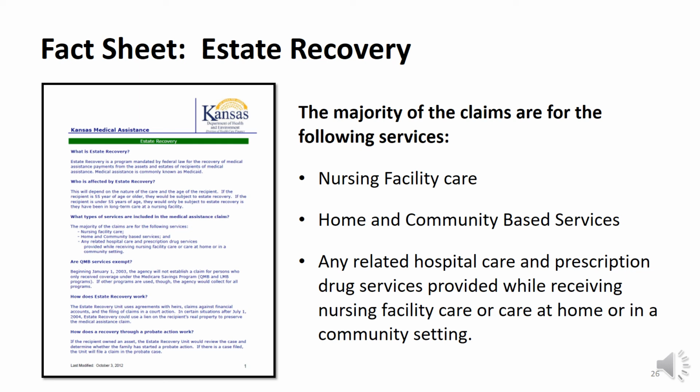How do I contact estate recovery? You can call 785-296-6707 or mail Estate Recovery Unit, P.O. Box 2428 in Topeka, Kansas, 66601. To contact the contractor for health management systems, you can call 1-800-817-8617, or their fax is 646-465-6530. This is a helpful fact sheet on understanding estate recovery, and it will be included with all the other resources. And again, you'll have instructions on how to find these resources at the end of the video.